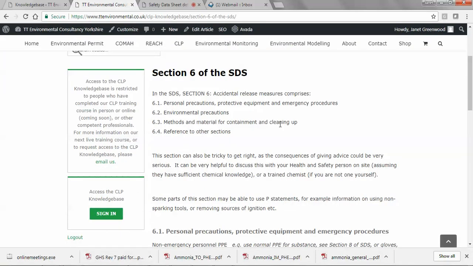Right, section 6, accidental release measures. We've got personal precaution, protective equipment and emergency procedures. We've got environmental precautions, methods and material for containment and cleaning up, and reference to other sections. This is really where you want to grab your health and safety person on site, assuming they've got sufficient chemical